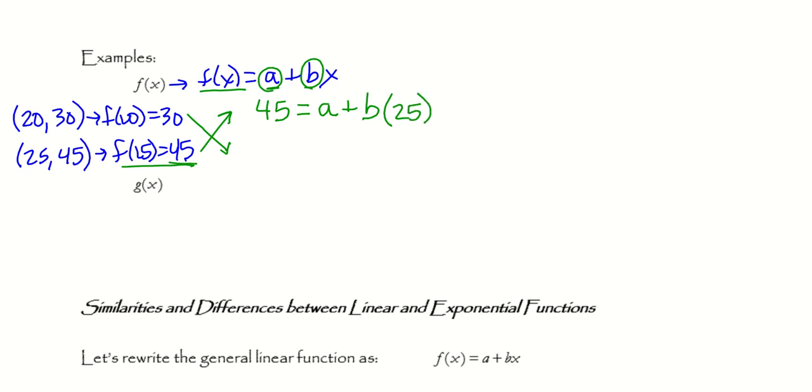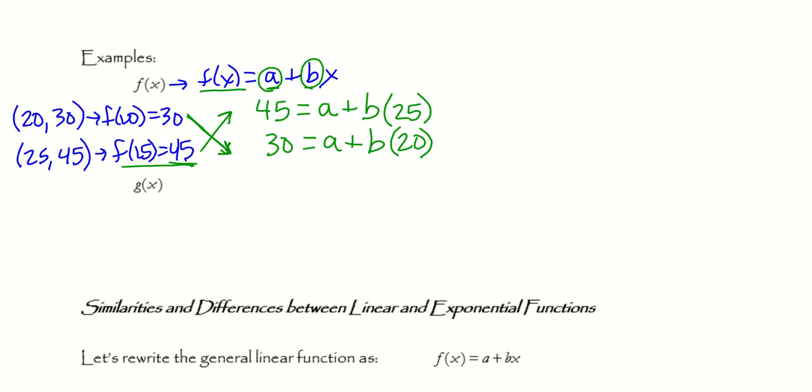Okay. Now I'm going to take my second equation here and make the similar substitutions. So for f of x, I'm going to put 30. F of 20 is 30. That will equal my unknown a plus b times my x, which in this case is 20. So now for linear combinations, I want to find a and b, and I'm going to start by subtracting these